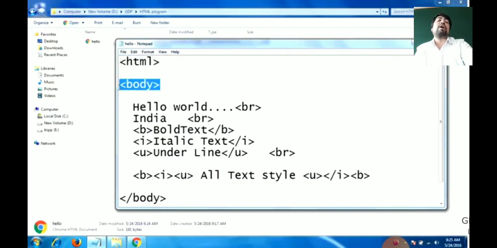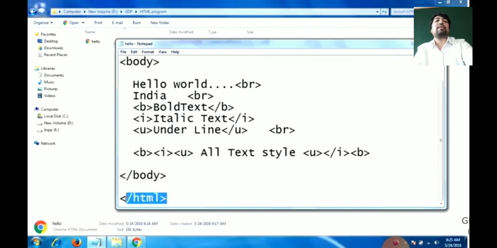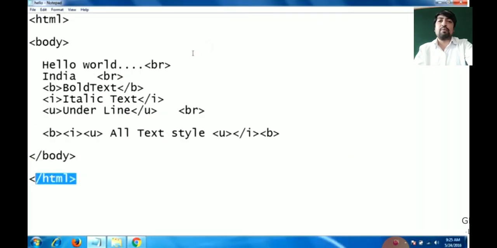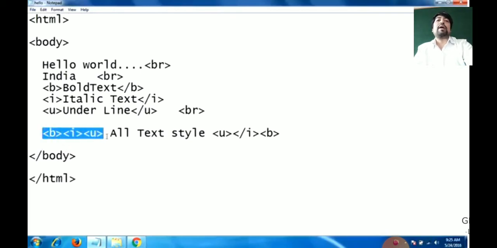You have already learned about the HTML body, and inside the body tag you just enter the matter you want to publish on the web page. Right now you can look at the HTML document and the different tags I have brought to you: bold, italic and underline tags.